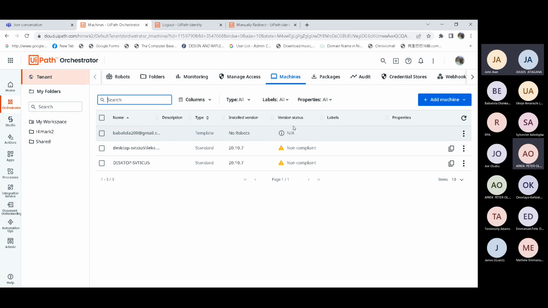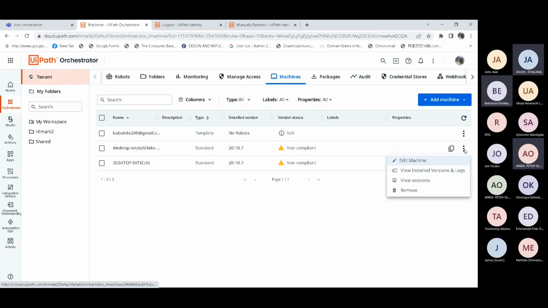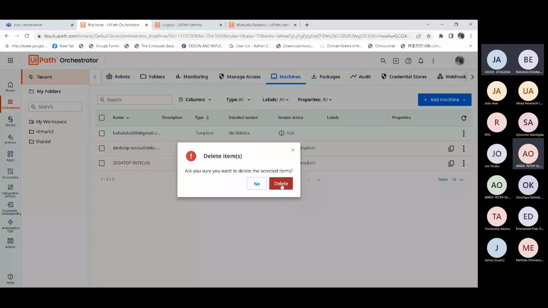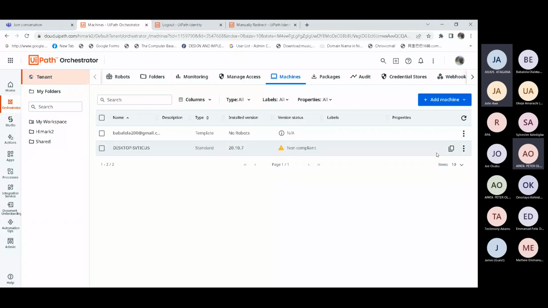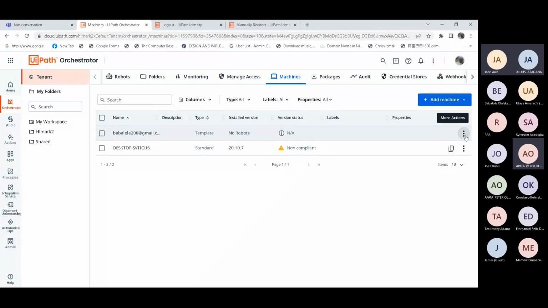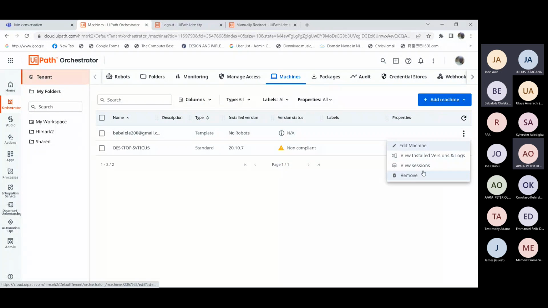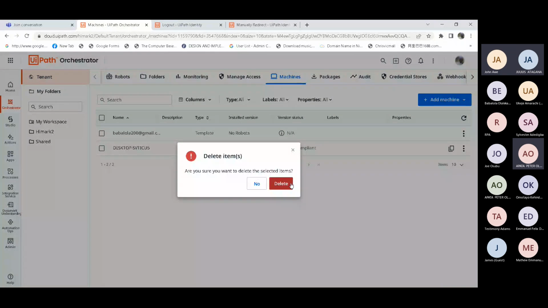Click, mark it. I didn't get you. I said mark the one you want to remove. Good, then you remove it. Let me just remove all of them. I'm taking one.